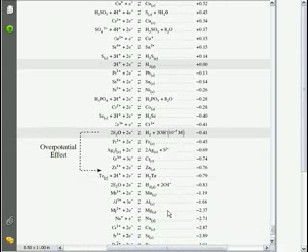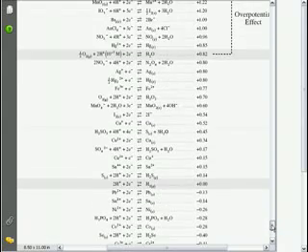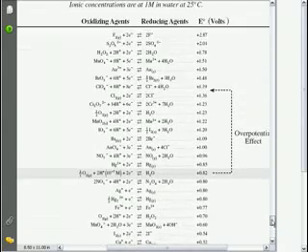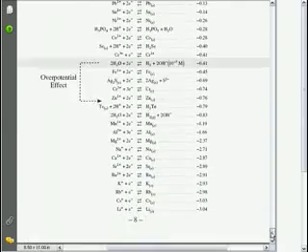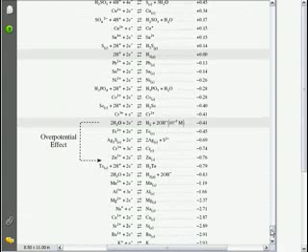There's magnesium: magnesium plus 2 electrons, minus 2, and where's nickel in relation to that? Here's nickel. There it is. So nickel,